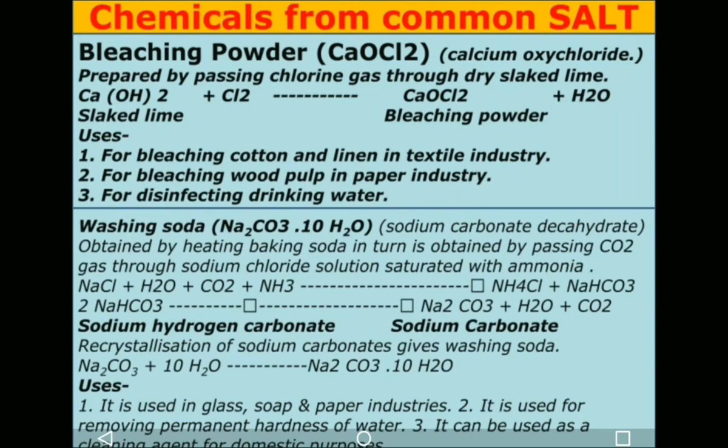Now we will try to understand the uses of bleaching powder. It is used for bleaching cotton and linen in the textile industry. Next use is for disinfecting drinking water to make water free from germs. It is used as a